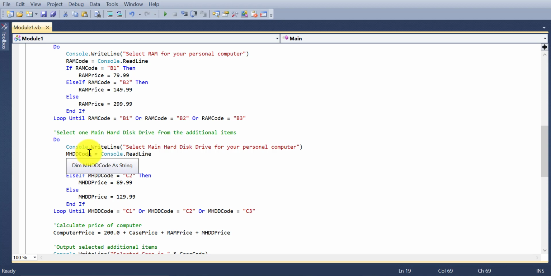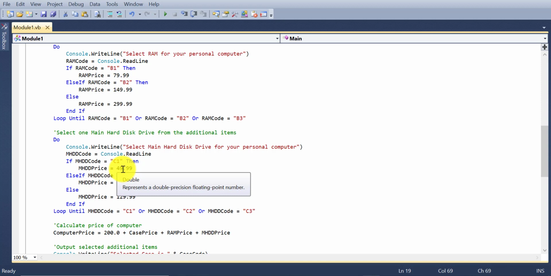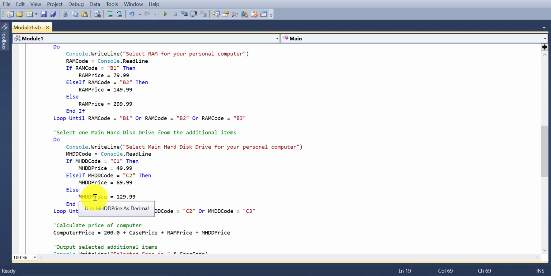Then MHDD code is equals to console.readline is used to take input of MHDD code. If it is C1, then price of MHDD will be 49.99. If it is C2, then the price will be 89.99. Otherwise, the price of MHDD will be 129.99.